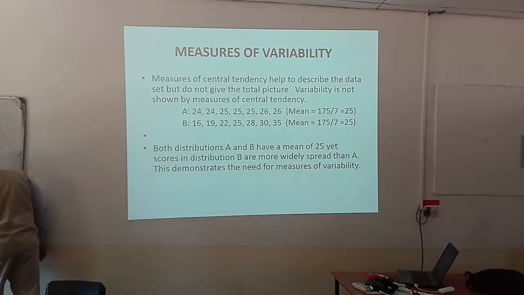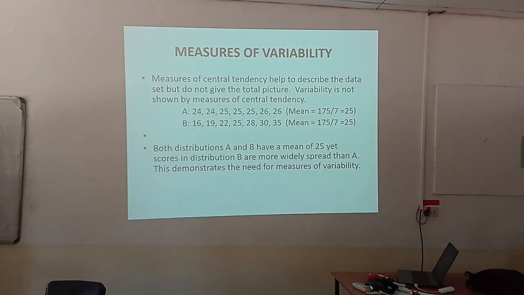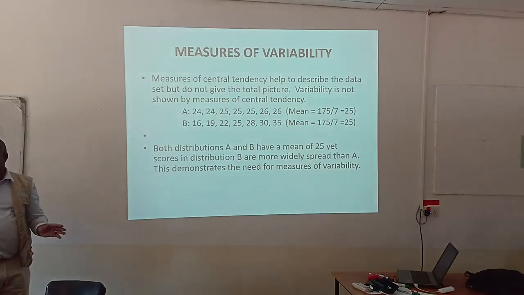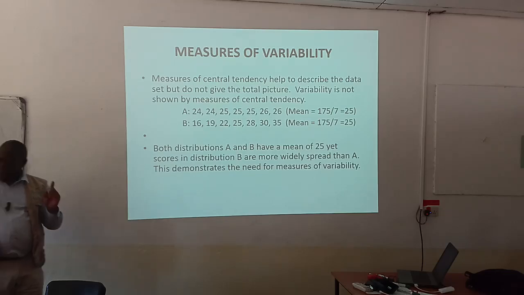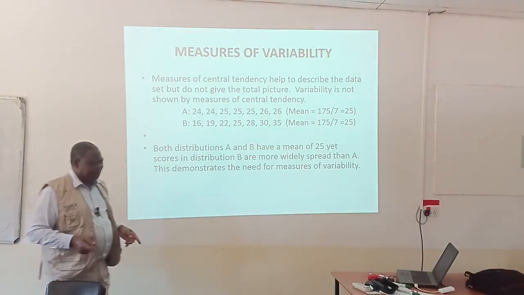And especially if you have a normal distribution, normally distributed scores in a distribution, the mean will be very helpful. But even in the skewed distributions, if you are dealing with data which is interval or ratio, you want to use the mean, but you may have to use it in association with another measure of central tendency, the median.